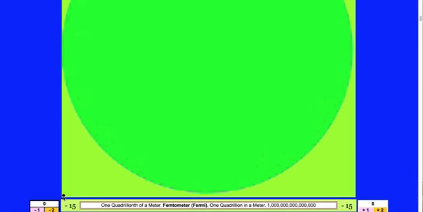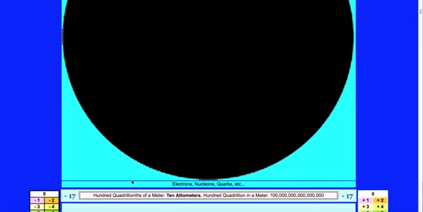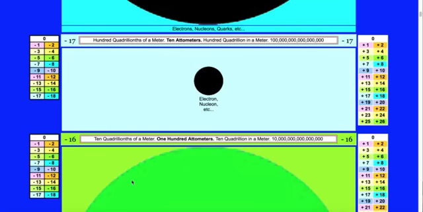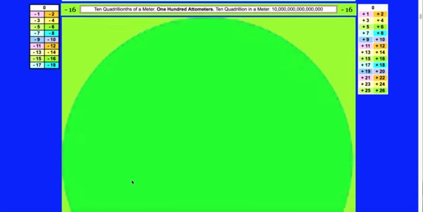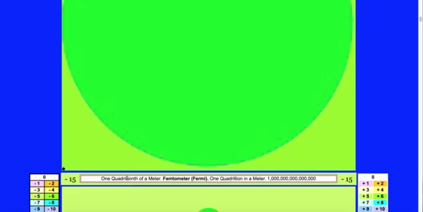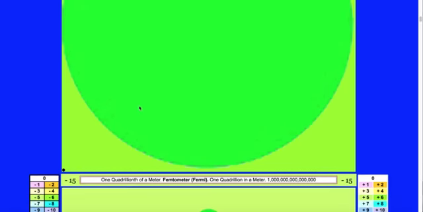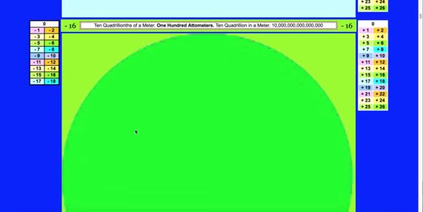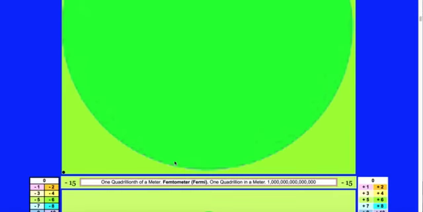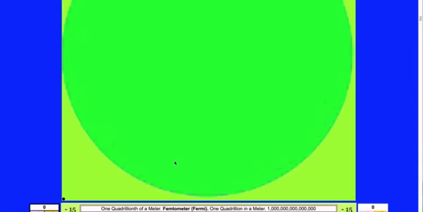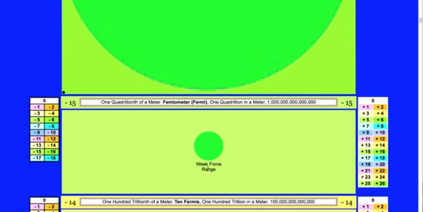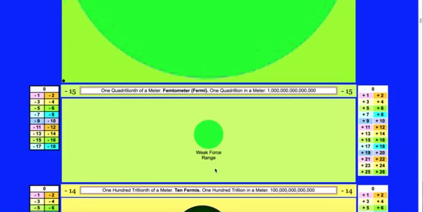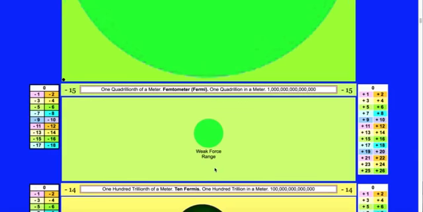So this is 100 times smaller than this. 100 times smaller across. So this is your power of 16, and this is a... me oh my, it doesn't say. Oh, it's the weak force range. Well, it doesn't say up here. It's the weak force range. The weak force is